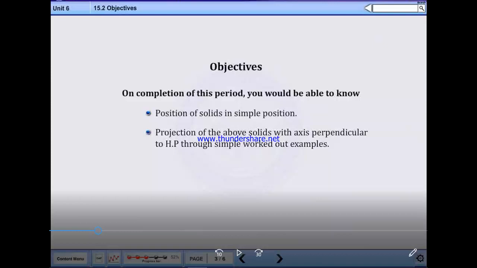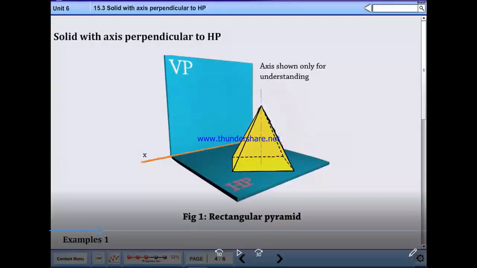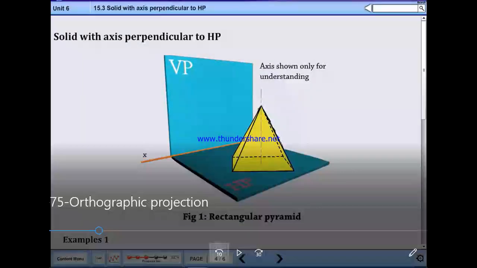These are the main objectives of this topic. Solid with axis perpendicular to HP. You note down the figure. This will be explained with an example.